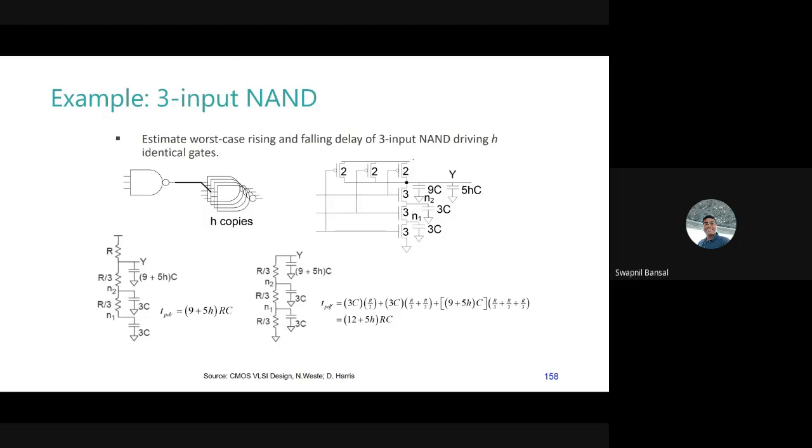So similarly, like we did the Elmore model for the fall delay, if I do it for the rise delay, why didn't we consider the capacitance that is visible, at the effective delay node N2? That would be 3C. Because my output will toggle with this Elmore model, if I need to see the delay from Y. Okay, I see. It's coming from the discharging path. Yeah, I have to look at the discharge path, no? I have to look at the distance to the supply. Yes, sir. Sorry, sir. Okay.